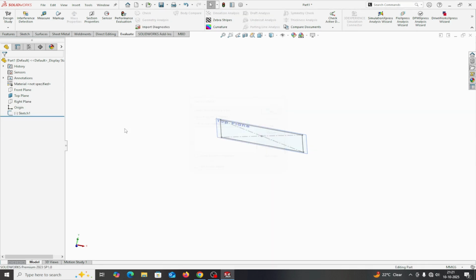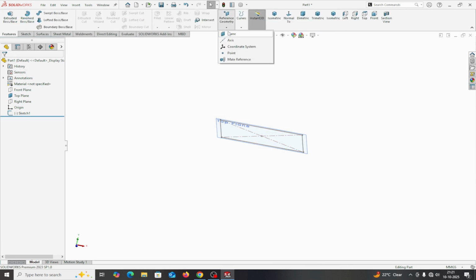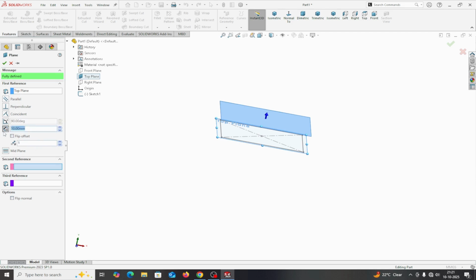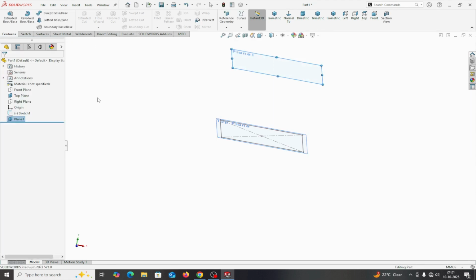Now I am taking another plane, and this is the plane offset, and I am taking the top plane at a height of 40 mm. This is the 40 mm dimension. I am taking this one. Okay. Now